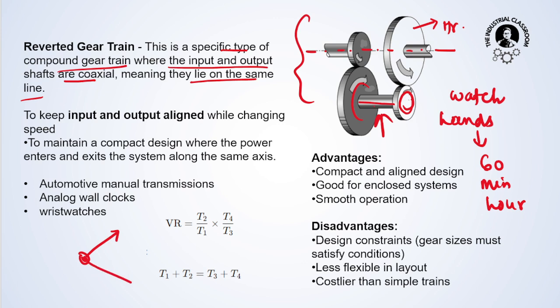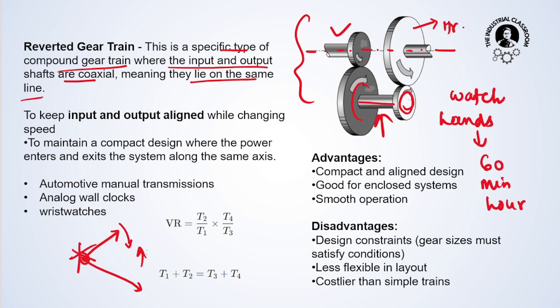The hour one, the minutes one. It is of larger diameter, it is of smaller diameter. You can see then its speed: if the diameter is small, then the RPM will be high. Okay, so you can see this is the arrangement. They are starting from the same axis, but their speed is